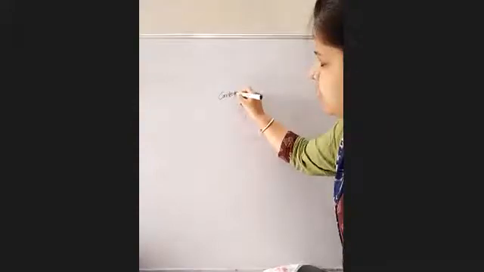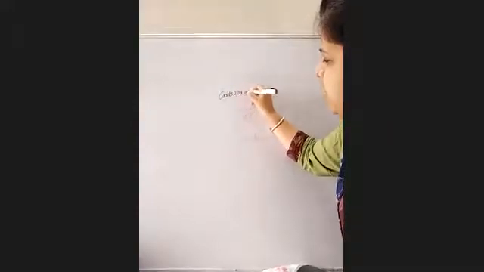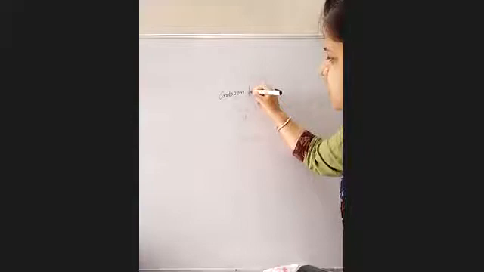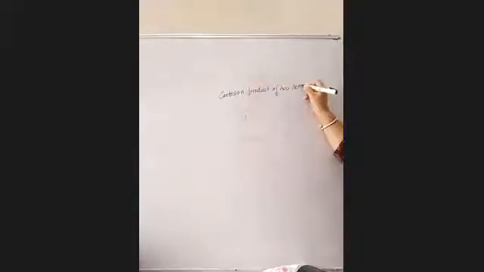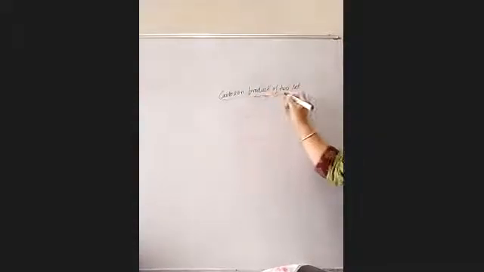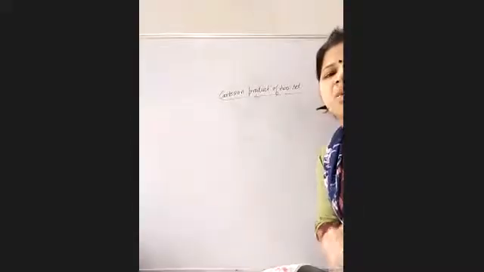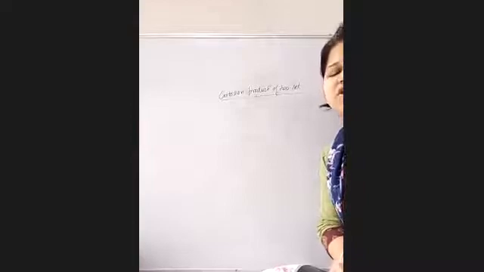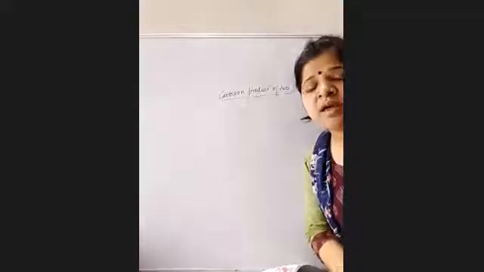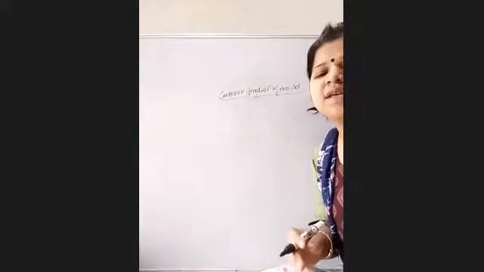The point is here: Cartesian product of two sets. What we are dealing with is the Cartesian product of two sets. Okay. अभी तक आपने क्या पढ़ा था, सिर्फ सेट के बारे में पढ़ा. That when we have a well-defined collection, that well-defined collection, what we say that is a set. वो क्या होती है, हमारे पास set होती है. But what we are doing today, that is Cartesian product.